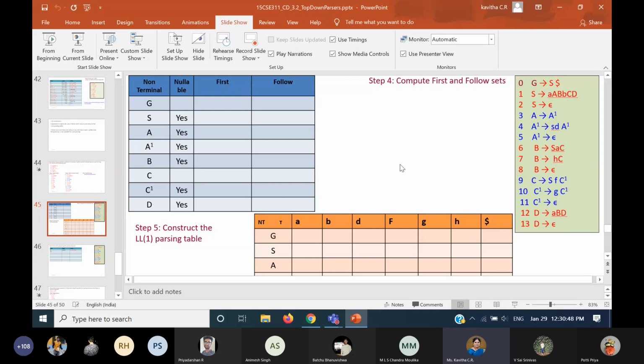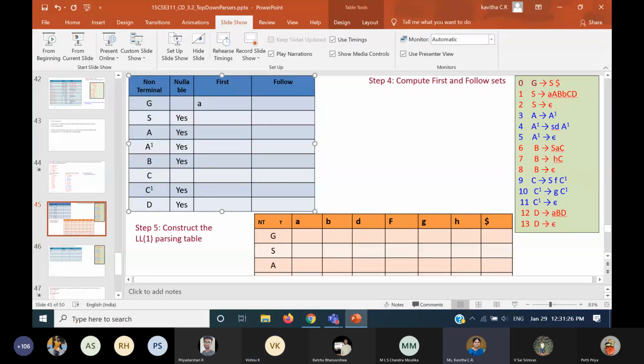Coming to the first set, maybe first of G, somebody can tell. One or two will finish and then stop. So first of G is what? Please see and tell. A and epsilon. Why did you say epsilon? S is also there now. S gives epsilon. So if S is epsilon, what should I do? This is a very good example. If S is epsilon, I will replace epsilon here. Then what happens to first of G? Dollar. Yes, so it is dollar.